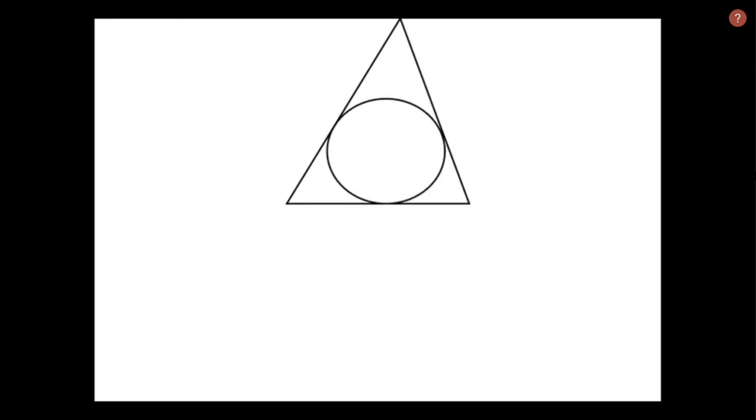So there is our triangle and there is an inscribed circle. Now draw the radius from the center O to the tangential points. We know that they are perpendicular, so we can draw the perpendiculars. Now join the vertices and the center of the circle. By the theorem we can say that these lines are equal, which I will show here. Now we can do this in our triangle.